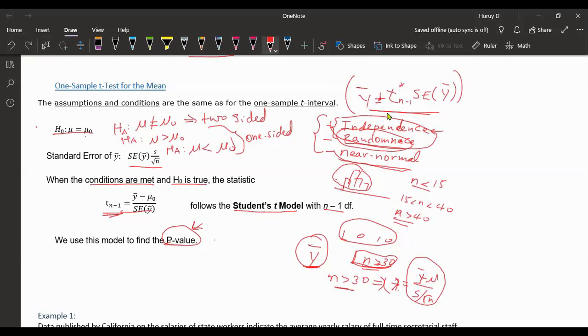If you notice here, for the confidence interval, which we will comment on later, we didn't need this one. We used the model just to find the margin of error. But here the model is very important. And here we are saying when H naught is true. So under this assumption, we have a model,